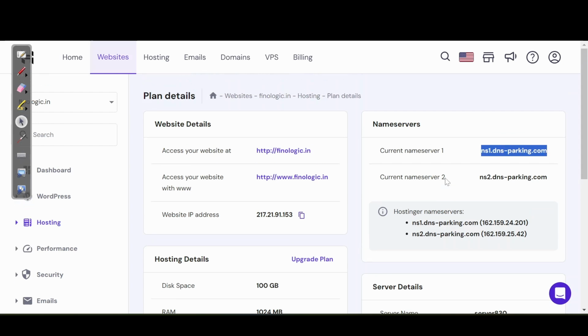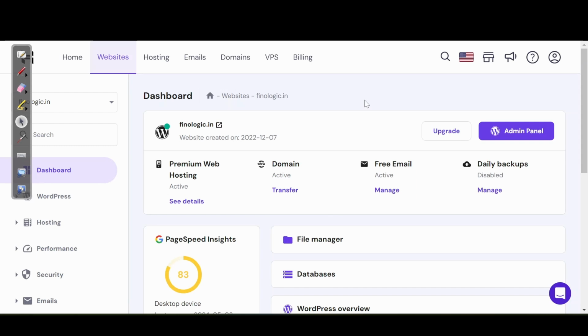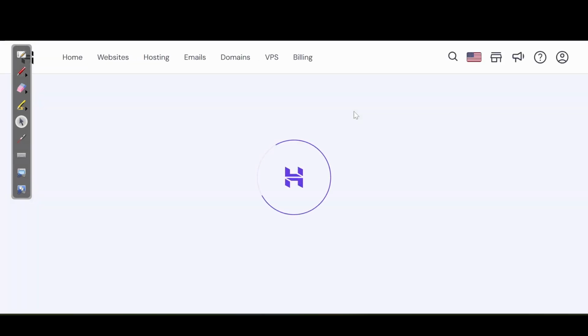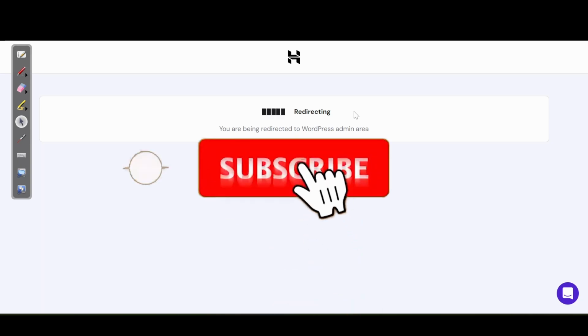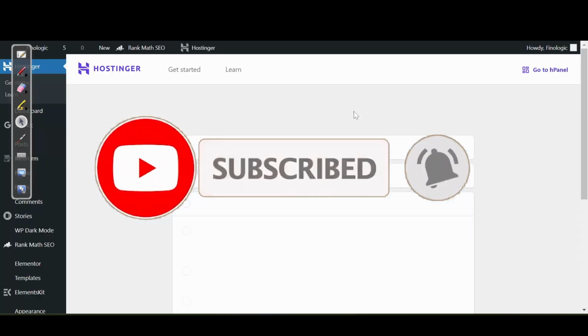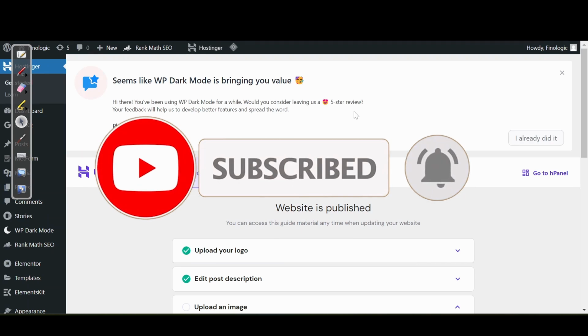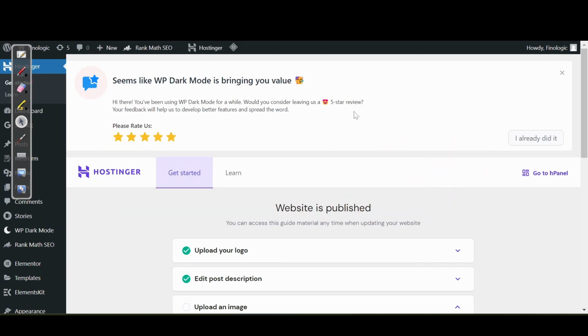And before proceeding further, you have to go to your dashboard. If your site is a WordPress site, go to the admin panel, and if it is another type of site, then you can keep a backup. So I will show you how to create a backup of a WordPress website, and if there is another type of website, just keep a backup for that one. Why I am telling you this: because we have to reinstall the website after changing the name servers.